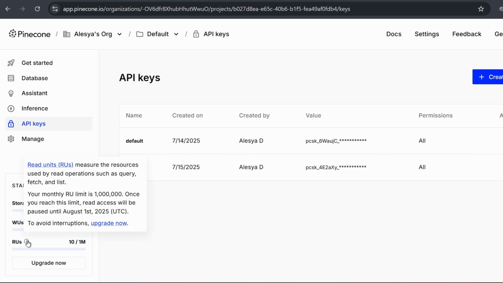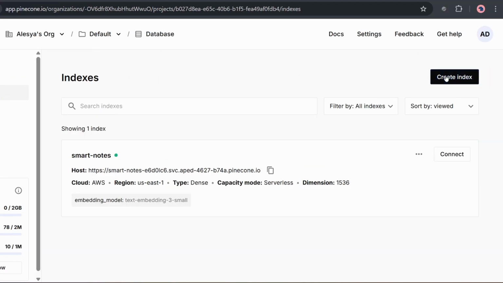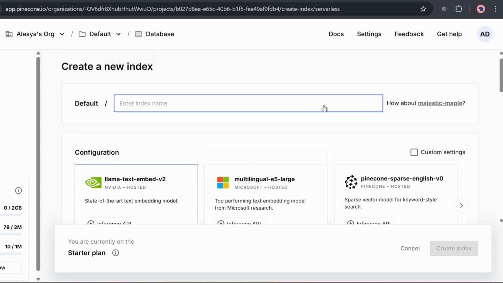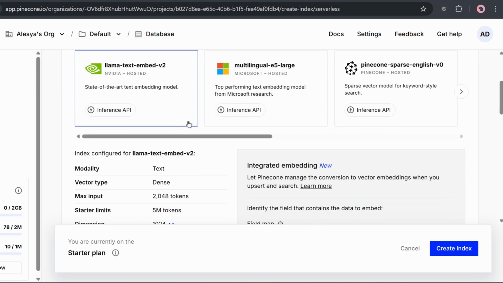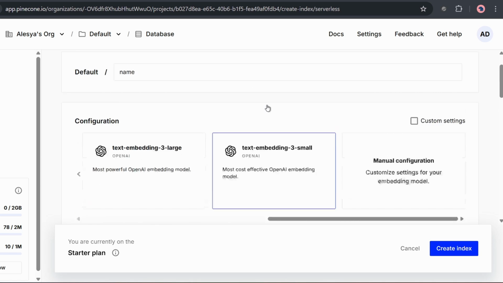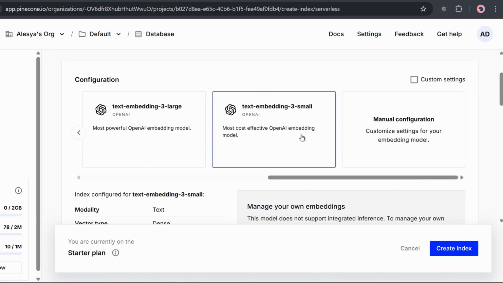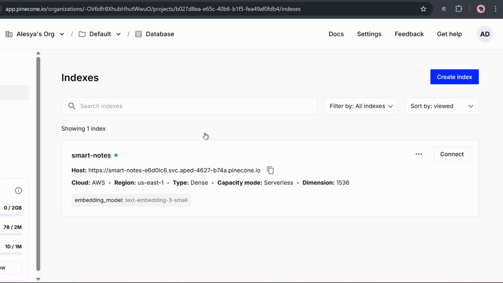Now let's create our very first index. So to create an index, click on Create Index, give it a name. In my situation, I have already created one, I named it Smart Notes. But you, for the first time, give your index a name. Then choose, because we're going to be using OpenAI's model,